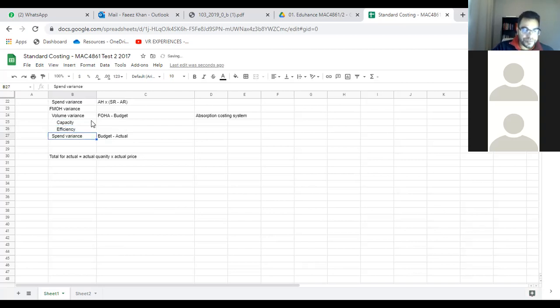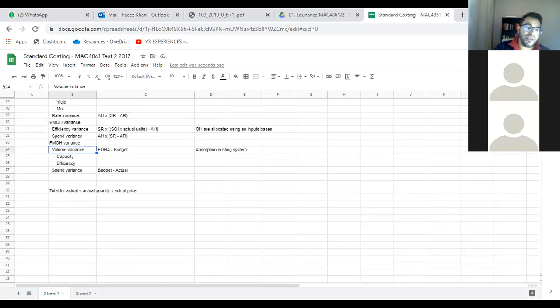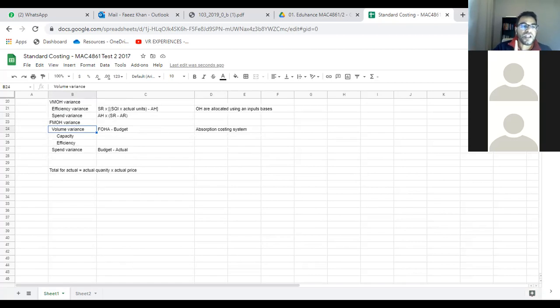But remember, you can only have a capacity and efficiency variance if you have a volume variance. And you can only have a volume variance if you're using an absorption costing system. So if you use an absorption costing system, you will have a volume variance. But it does not mean that you can break it down into a capacity and efficiency. You can only break down the volume variance further into a capacity variance and an efficiency variance